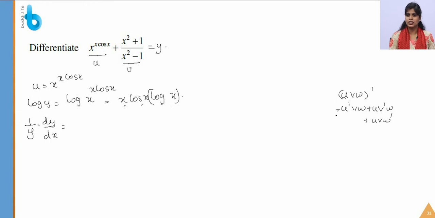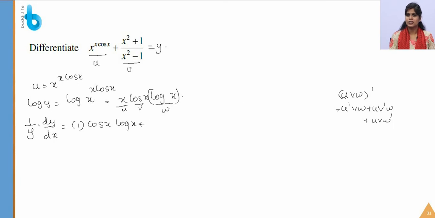Okay, so this is how we should do. First we will differentiate u. So u is your x. Now differentiate u, that is x. Already we have u, right? We have just taken u, don't confuse it with this. Okay, differentiation of x is 1, and the remaining is cos x and log x.